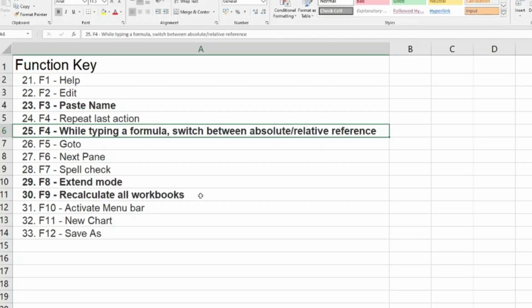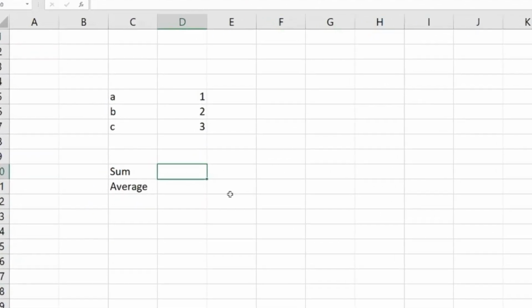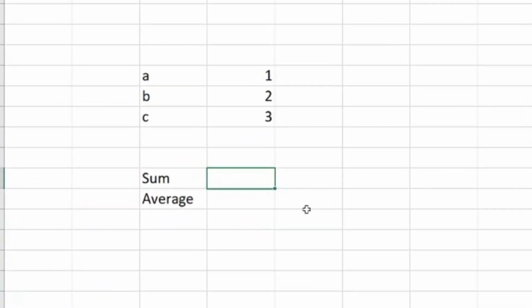This is the same function key, F4, but if I'm typing a formula, it is used to do the cell referencing, switching between absolute and relative reference. I'm sure you would already be using the dollar signs. Let me quickly give an example.